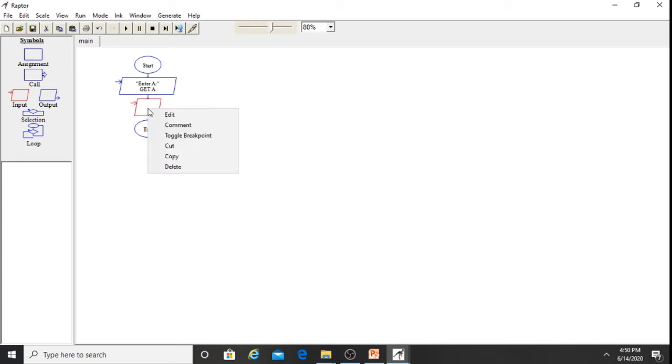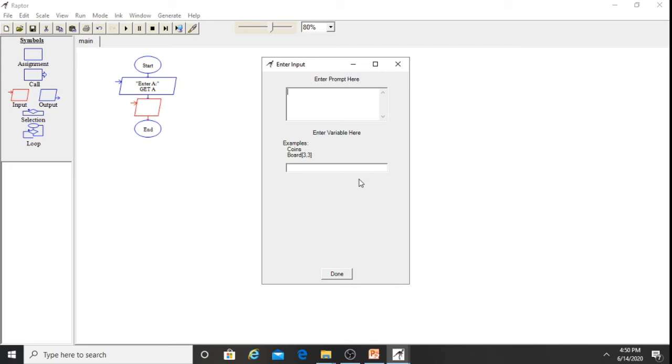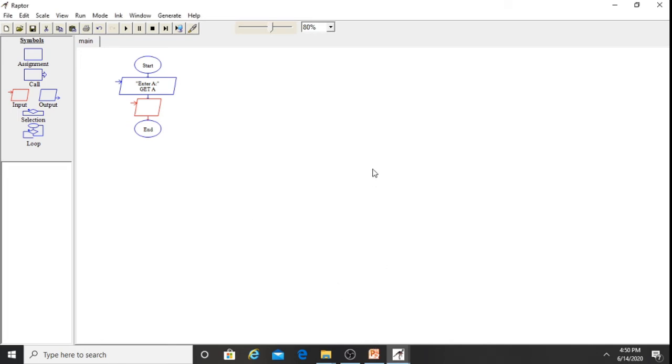Next, right click on the second input box, go for edit, and again type "Enter B". Where to store that value? In B. And done. Click on the empty screen. Now you have added two input symbols. Next, we want to save the result A plus B in C. That comes under assignment.